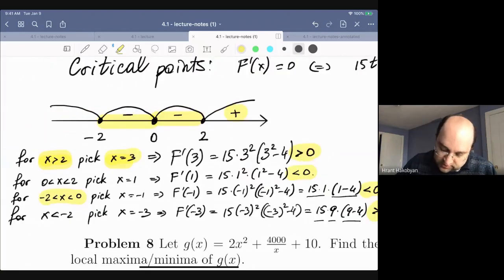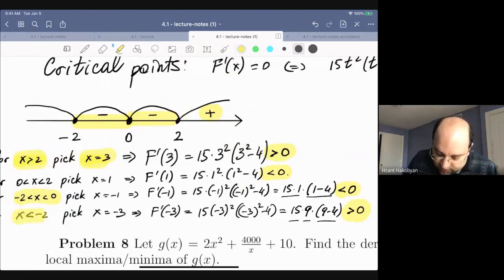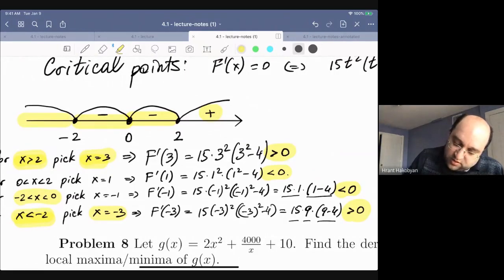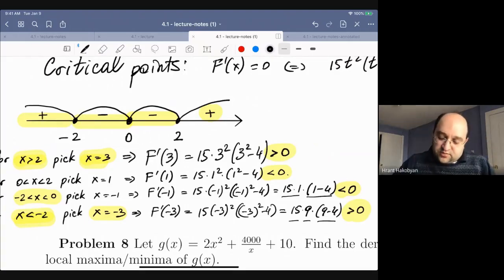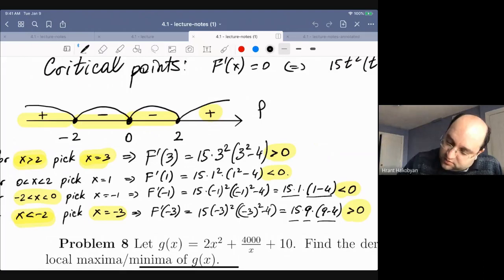Where did I get that? That's for x less than negative 2, right? So that's this interval here. So I'm going to write a positive sign there. Okay, so that's what I got. I got that the derivative of the function, this is f prime,